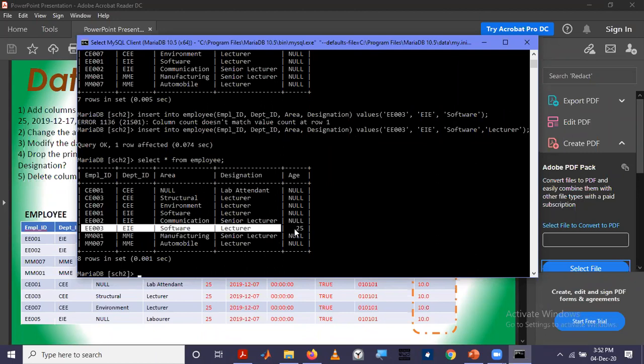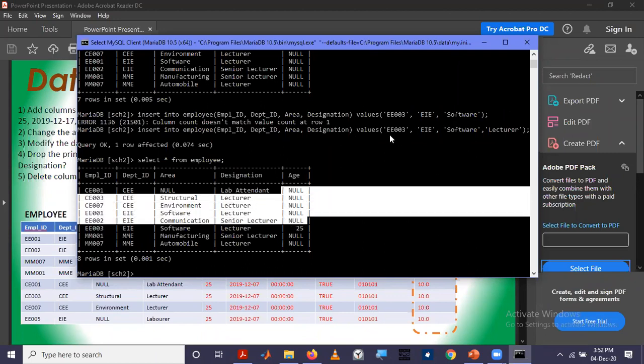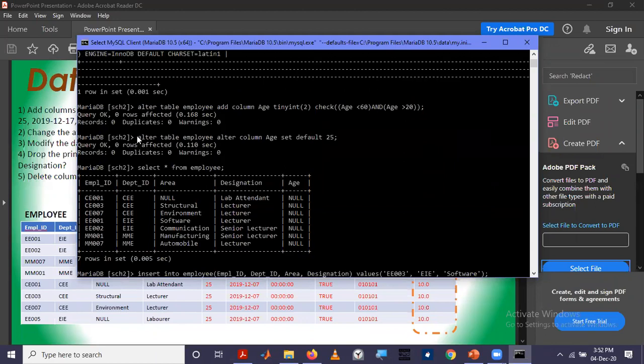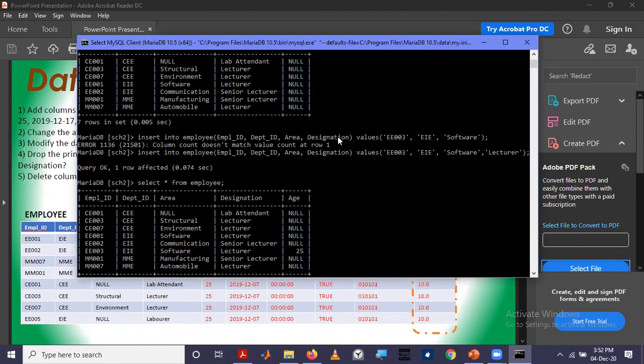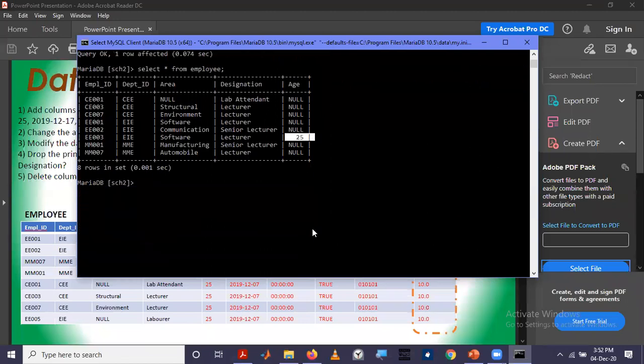But I didn't add age, and it has been automatically added. These things were not added because I defined the default constraint later. So after I define it, if I add a new entry, then that will have that default value, right?